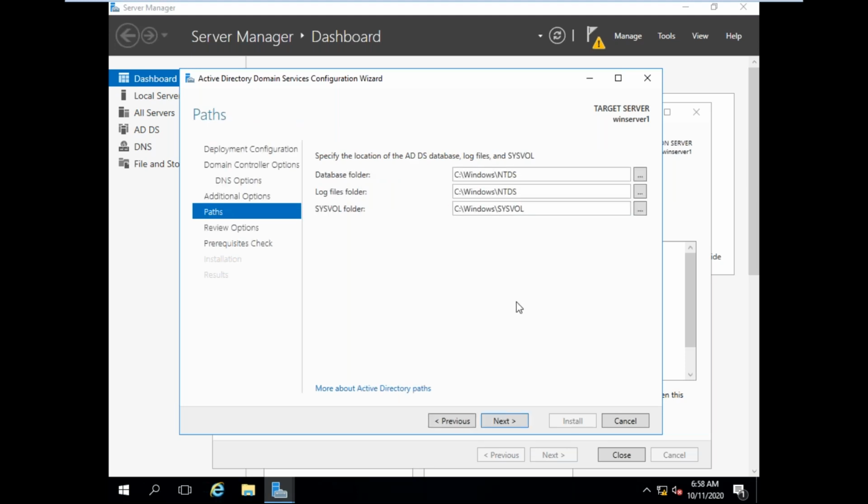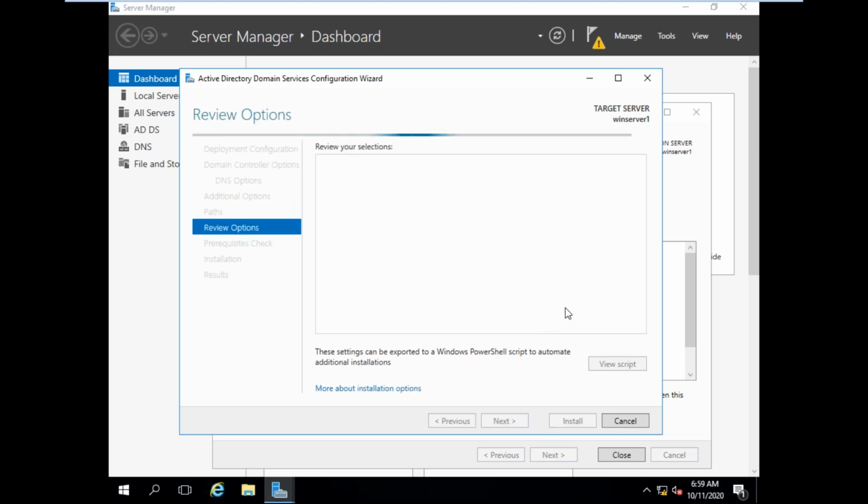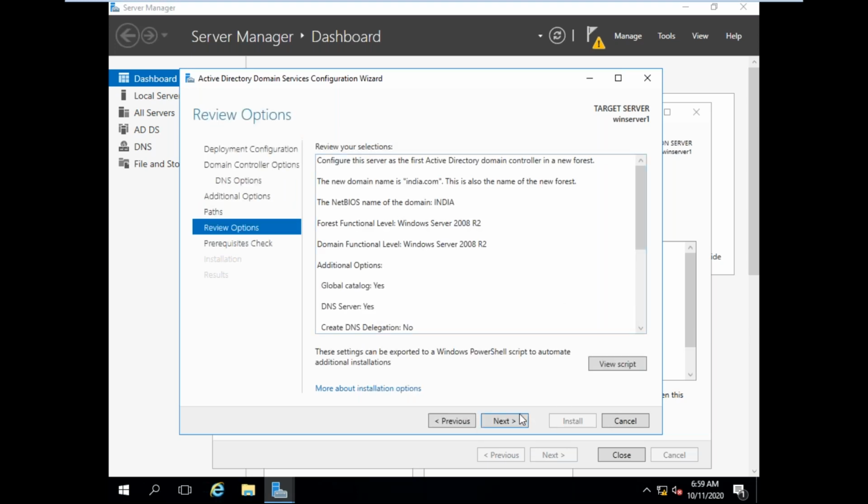See, already explained theoretically, the Active Directory database is stored in the NTDS folder, and where the deployment templates and policies, the group policies, are located is the sysvol folder. Interview questions: this is the database stored in NTDS. What is the sysvol folder, they will ask. So the policies are located there. Click next. Next.